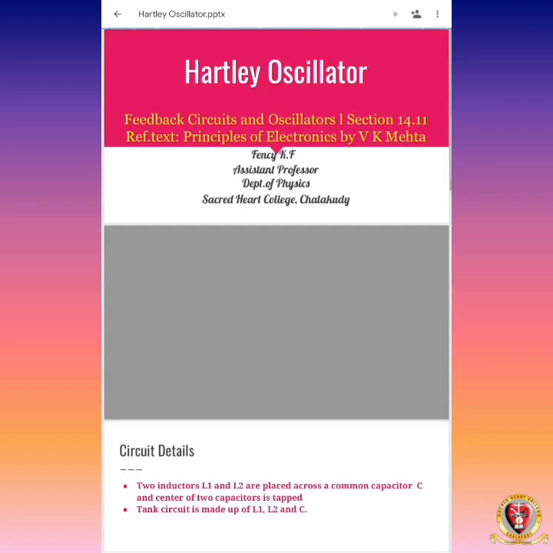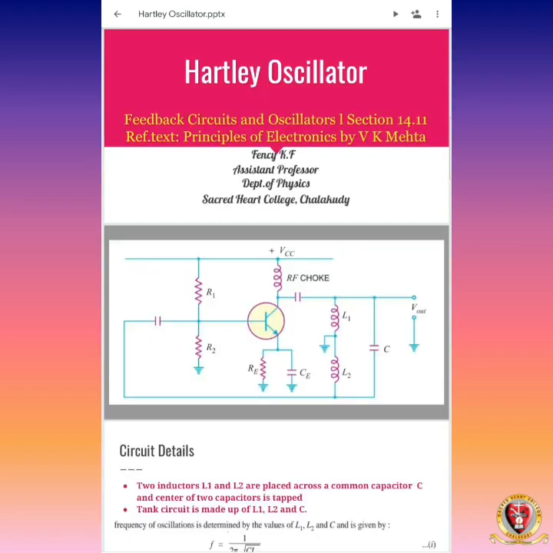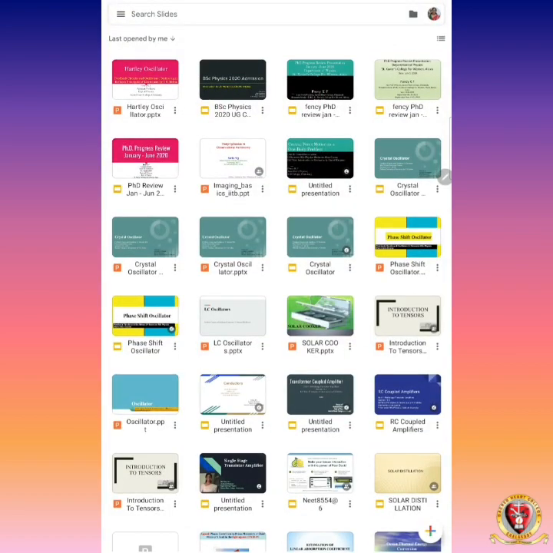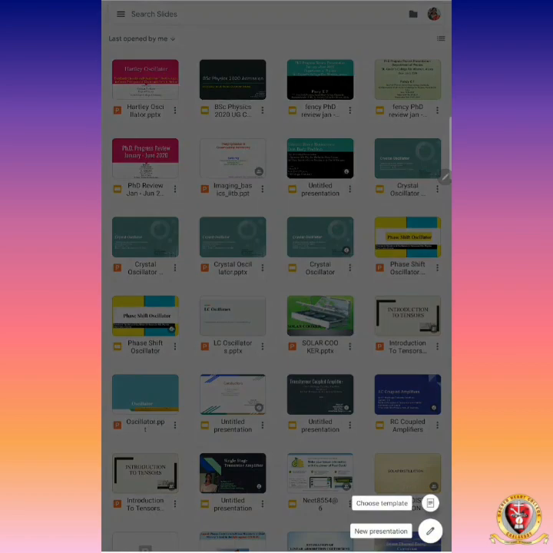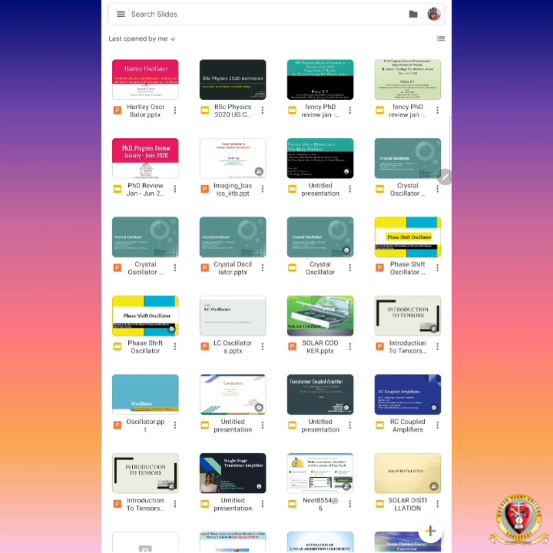So this is one PPT. So you can create PowerPoint. I think all of you are familiar with PowerPoint. So you can create a new PowerPoint similar to the previous one. So here there is a plus button. By clicking this plus button, you can add a new PowerPoint.